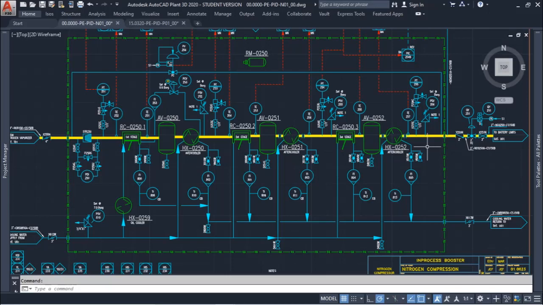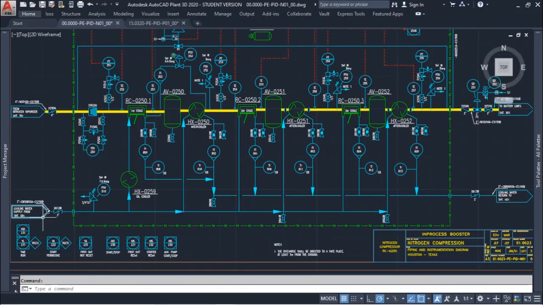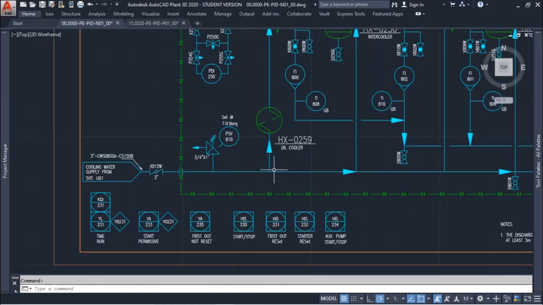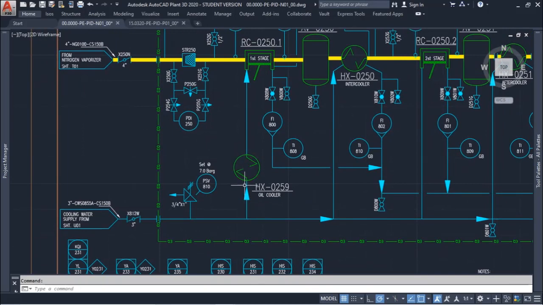And to do the cool down of the gas, we need some source of cooling. In this case, we have water. So as you can see, we have the stream of water from the right, like we have in the gas stream. And we have here cooling water from sheet U01, and the stream gets to the oil cooler, and after that goes to the compressor casing,